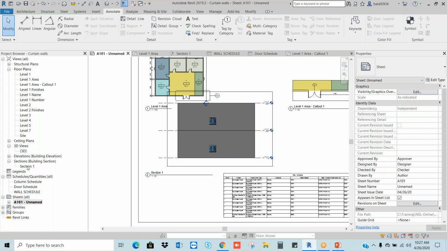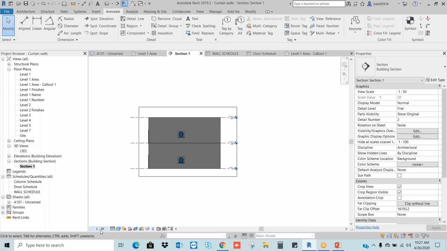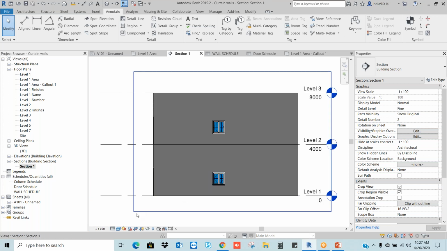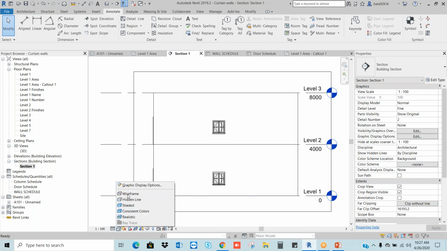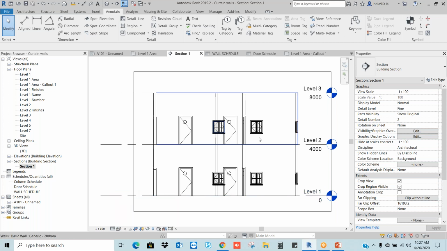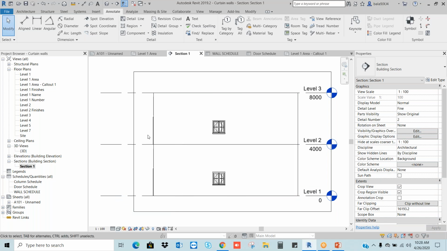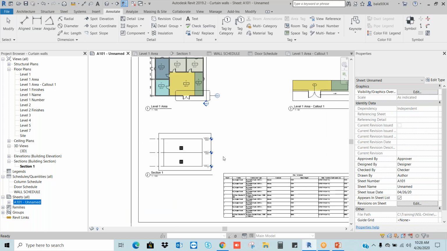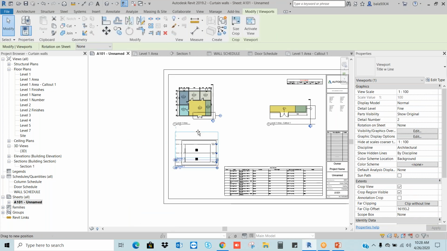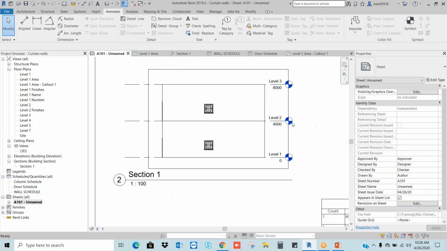Now I'm going to the section. I want to make it 1:100. Go there. I want to make it hidden or wireframe. You can see in the wireframe what is inside the object. I will make it hidden like this. Then I will go to the sheet. You can see, wherever you want, you can adjust. Again, same way.